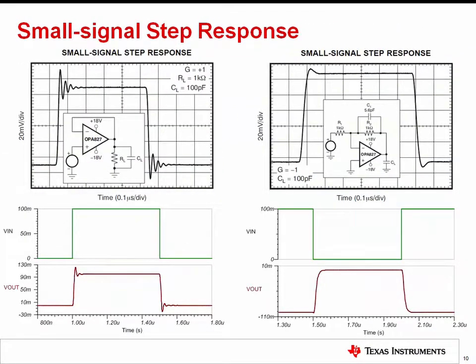In our discussion of slew rates so far, we've been dealing with large input signals, often having amplitudes of 1 volt or greater. Let's now take a look at an op-amp's behavior with a small signal step response at the input, where the amplitude is 100 millivolts or smaller. The key difference that I'll show in the next few slides is that, unlike a large signal step input, a small signal step input does not put the op-amp into slew rate limit.